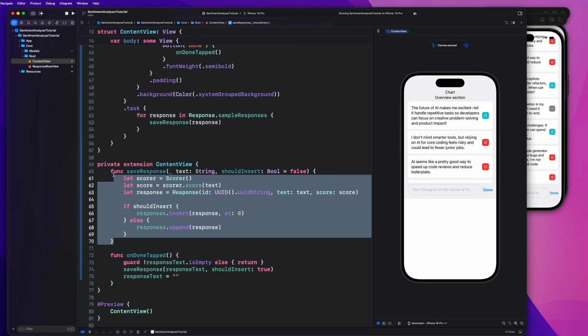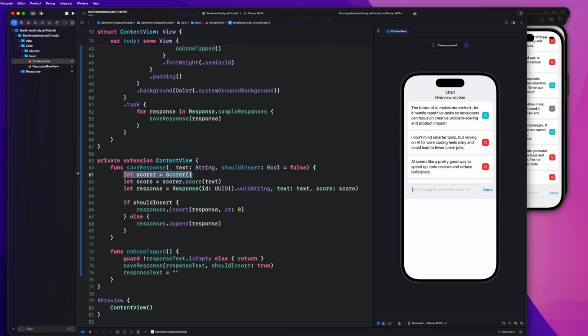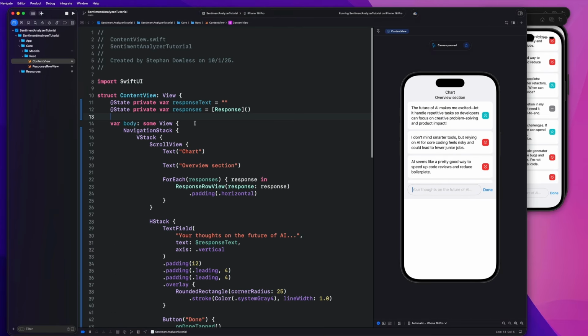What we're going to do is look at this function, and we see that we're creating an instance of our scorer object every time we save a response. So this is definitely a massive inefficiency here because we only need to create a single instance of this. And when I say single instance, I don't mean that we need to use a singleton. That's unnecessary here. We can just create a state property here up at the top of our content view with our scorer,